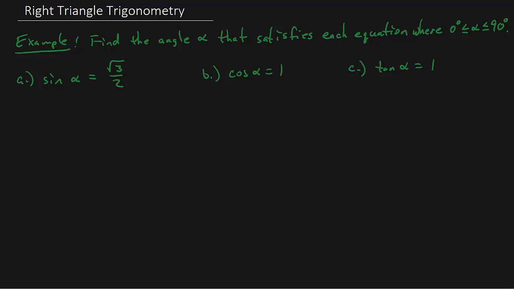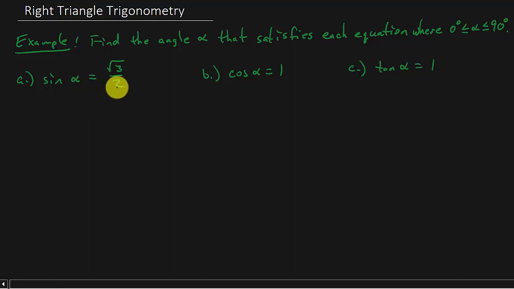So this example here says, find the angle alpha that satisfies each equation, where alpha is between 0 and 90 degrees. So our angle is between 0 and 90 degrees. Now, if you've been watching these videos, in the last couple of videos, we've done some problems like this right here,